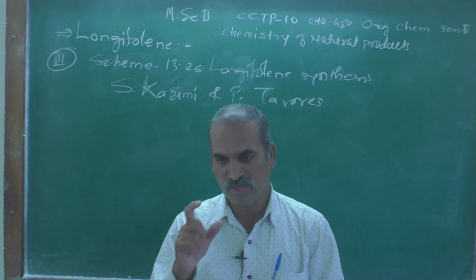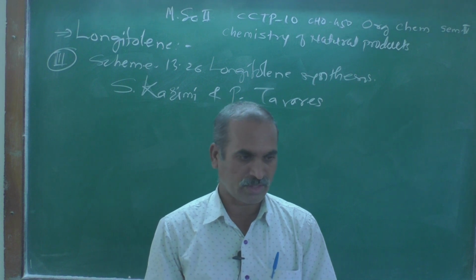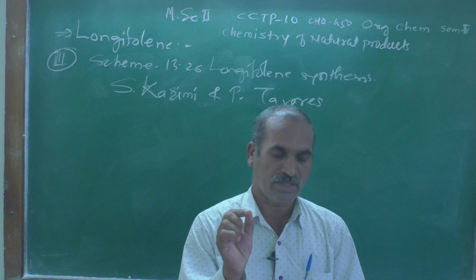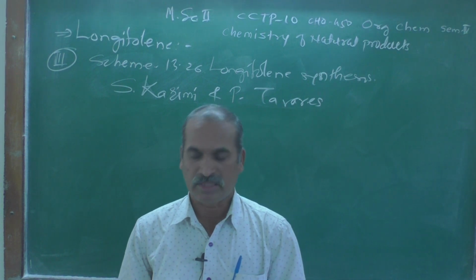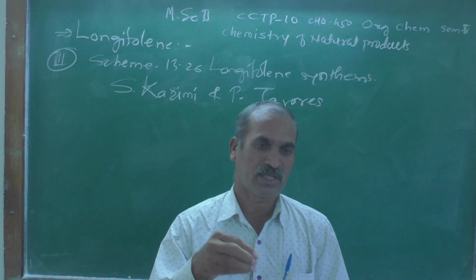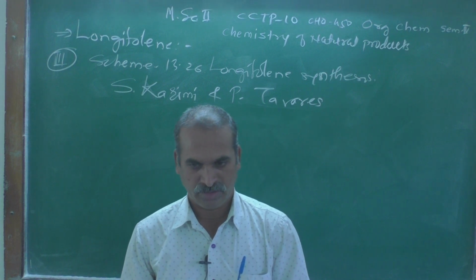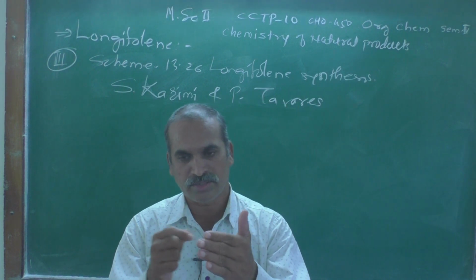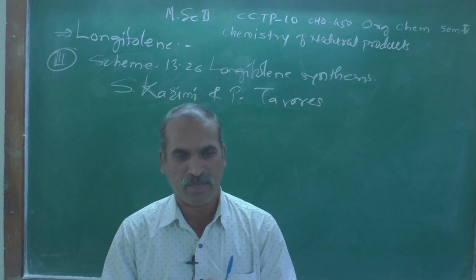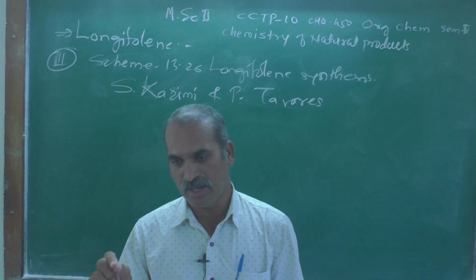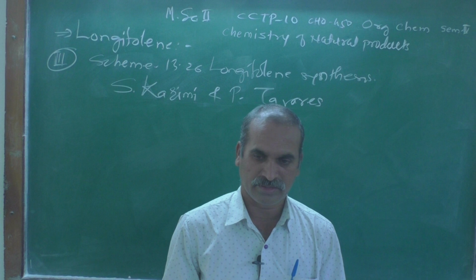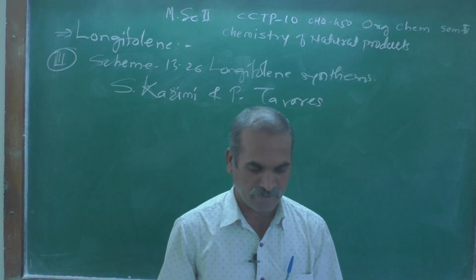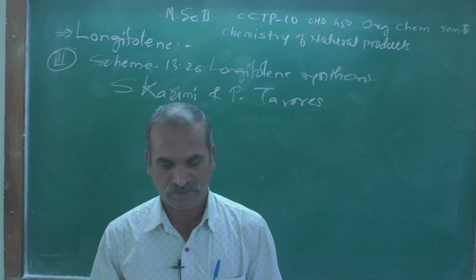Then the second one will be LDA and TMS, trimethyl silyl chloride, and the third reagent added there is NBS. So for the Wieland-Miescher ketone, the A reagents are: first H2 in presence of palladium, then LDA with trimethyl silyl chloride, and third NBS, N-bromosuccinimide, and by adding these we are generally getting